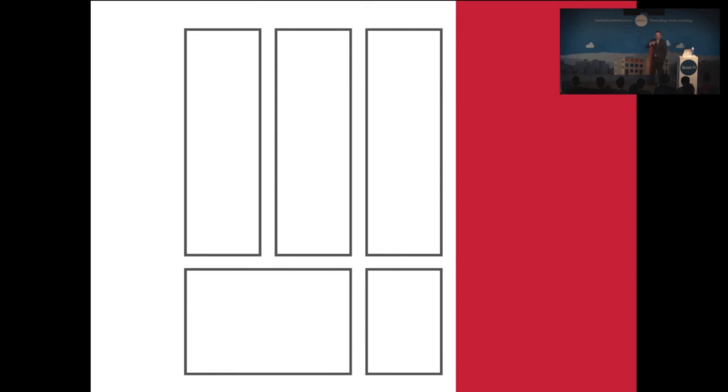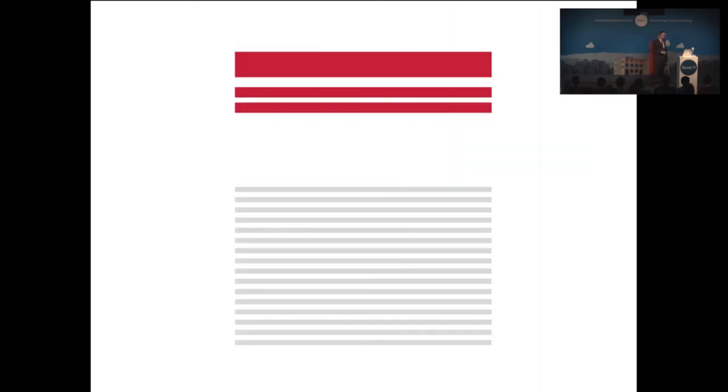Here we can allow a large image to bleed off the edge of the page. Or we can use large amounts of white space between a headline and a stand first combination. And that creates time for a pause and for a breath before someone starts reading. Or carefully considered block quotes that Jeremy Keith hates. They can intentionally interrupt the reading flow just enough to slow someone down enough to think about the content.